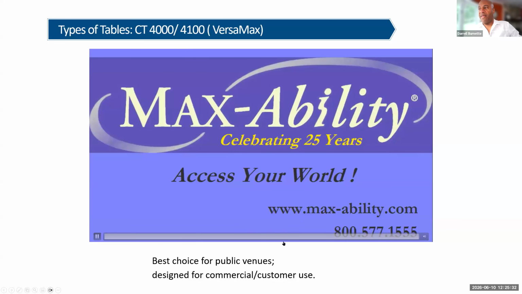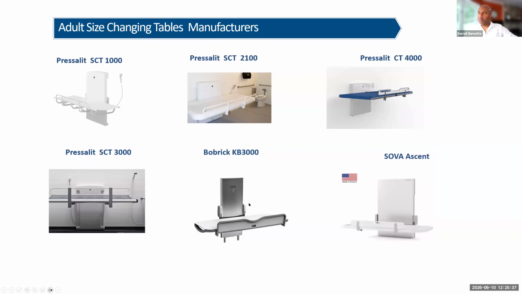So with the CT4000, that was mainly designed for the public restroom. So as we come across the top, just looking at all the different ones, Pressalit 1000, usually for individual low volume use. The 2100, it can be in a public restroom, shower change as well. 3000, typically with caregivers. And then the CT4000, public use,